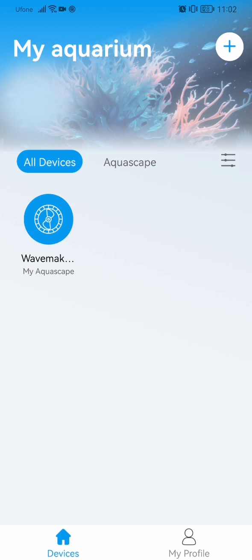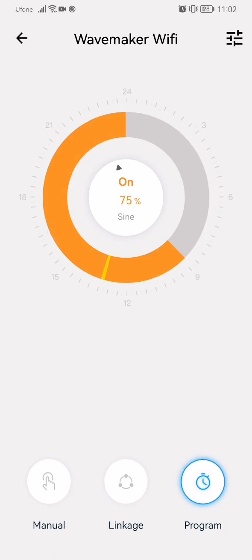Hi guys, today I'll be sharing a little bit of review as well as a bit of tutorial on how to do the settings for this particular wave maker. I think this setting goes for all of the Jebao wave makers, whether they are cross flow pump or simple wave makers. So I've been using this device for about